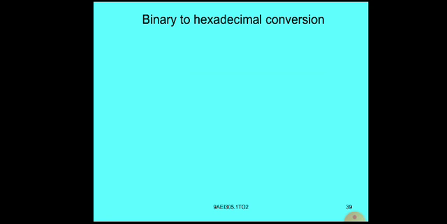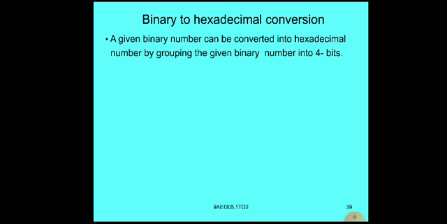Now let us take the binary to hexadecimal number. Binary to hexadecimal number. What you have to do? You make groups of ones starting from the hexadecimal point. To the left, groups of ones, 4. Each group must be 4 bits. And from the hexadecimal point to the right, the fractional part.